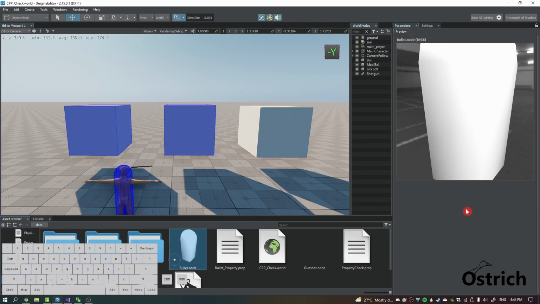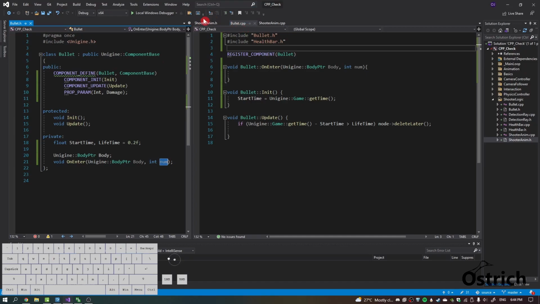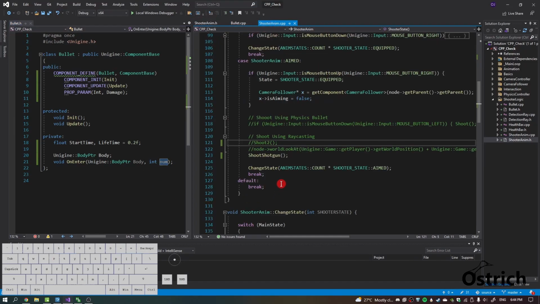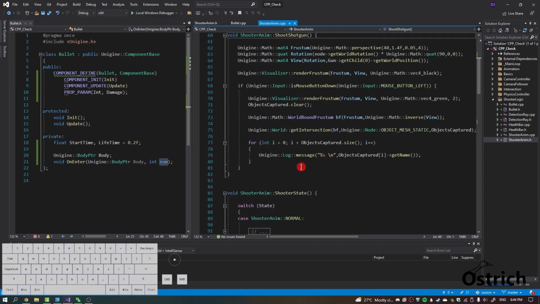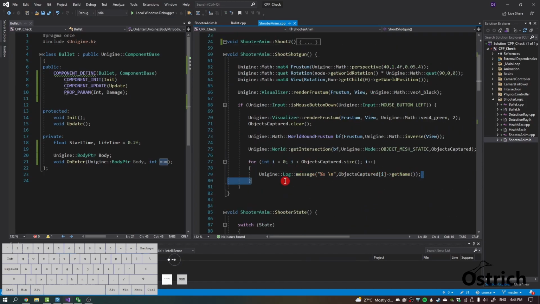The other way to do it is when you actually hit an object. So let's go back to shooter animation. When you hit the objects, we got our objects here. We could have just said get component health bar and drop the health bar by 1, which isn't a bad idea. But let's say we had other objects, so let's say you threw a grenade,